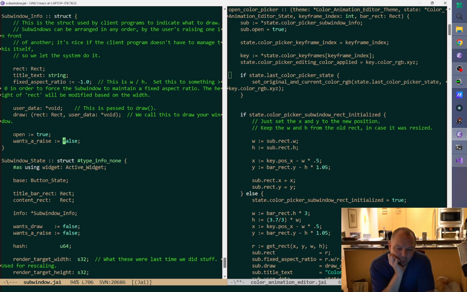The user might change them if they want to. I was about to add this wants a raise, as a way of communicating that we would like it to be raised. Problem is, I just don't necessarily want to do that. It seems dirty